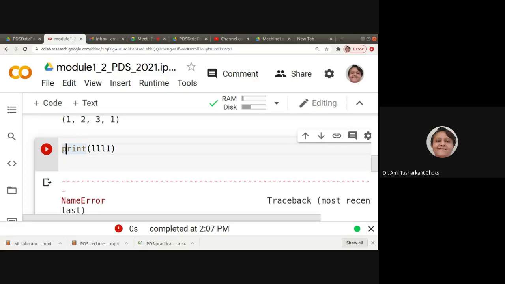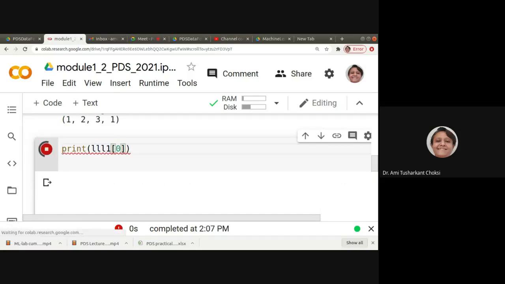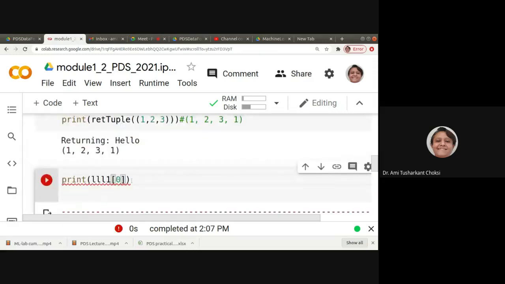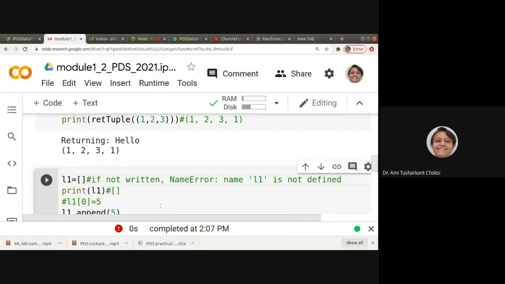So if I'm trying to give it some index here, say 0, then also it should give us an error, isn't it? It is name error, right? And if it is available as the simple variable, it will give us the index error. Or you can say that if the index is not available to us, then it can give you the index error, right? So the maximum index is, say, till 5, and if we are trying to access it as 6, it will give us index error. That's what we have already seen, isn't it? So let us see some more.